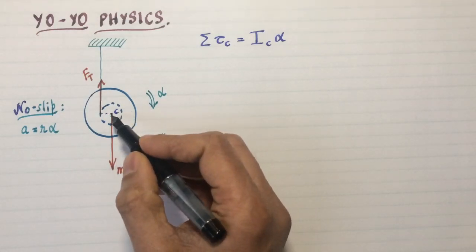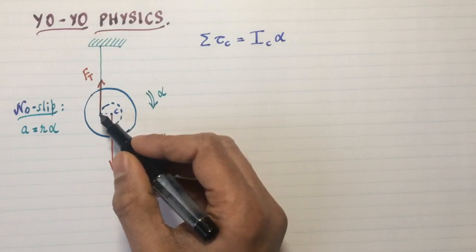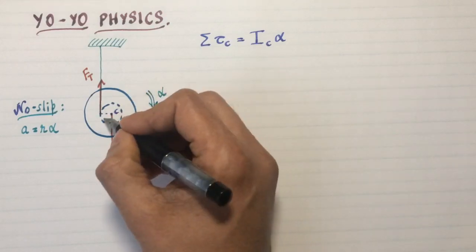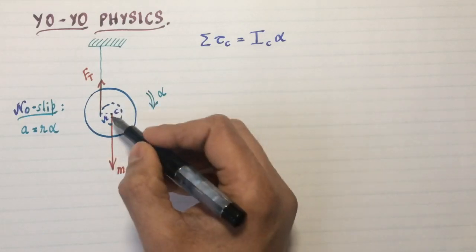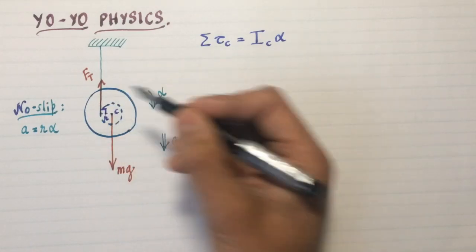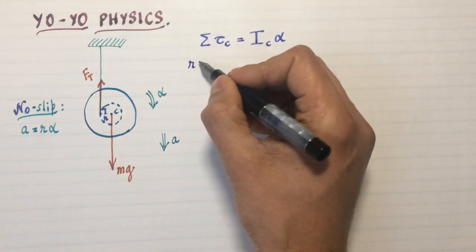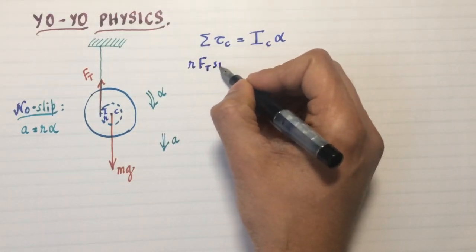Now the sum of all the torques acting through the center of mass, gravity cannot be one of those because gravity acts through the center of mass. So the distance between gravity and the center of mass is zero. It produces no torque about the center of mass. The force of tension does produce a torque, and that's given by the radius, this little r, times the force of tension times sine of the angle between the two, which is sine 90 in this case. So it's r f_t sine 90 degrees